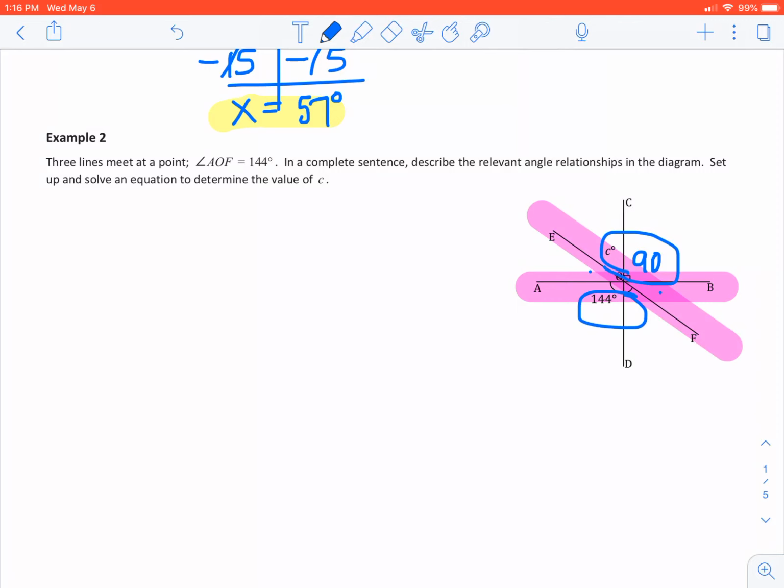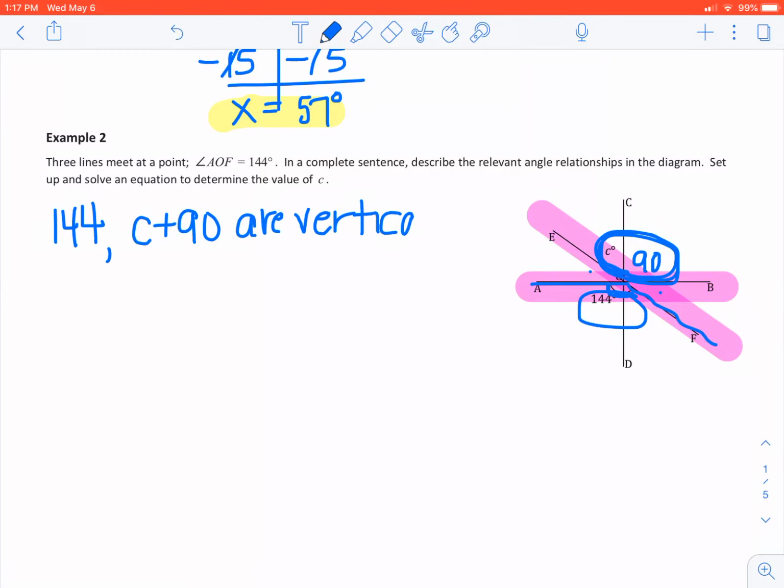Now, the 144, if you notice this little arc here, that tells us that this whole thing is the angle 144. So we have angle 144, and that's across from these two angles on the other side. Now, when you have two angles, you're actually going to add them up to make one angle. So when you add them together, that will be one angle. So we have 144, and we have C plus 90. These are vertical angles. They are across from each other,